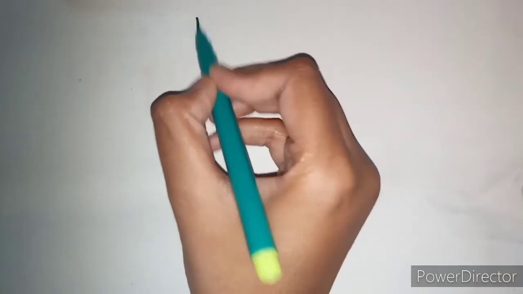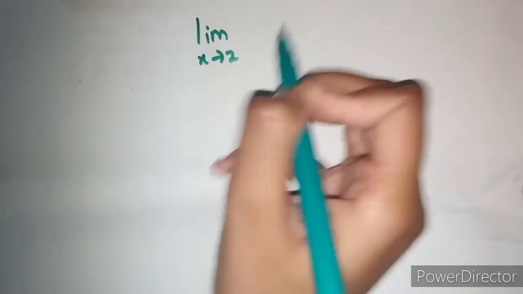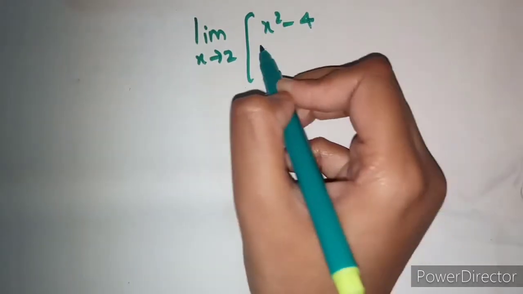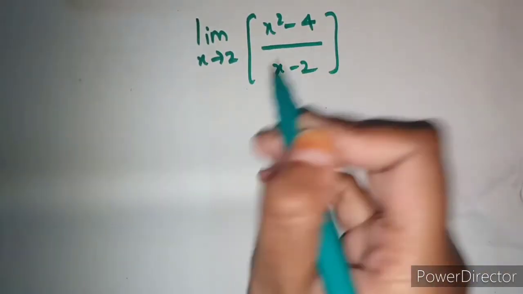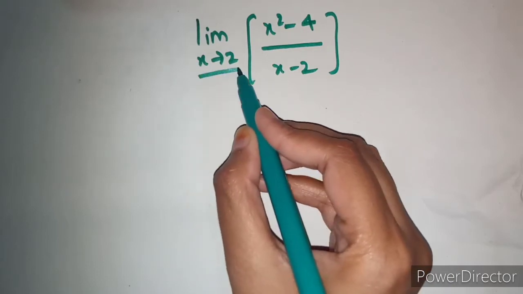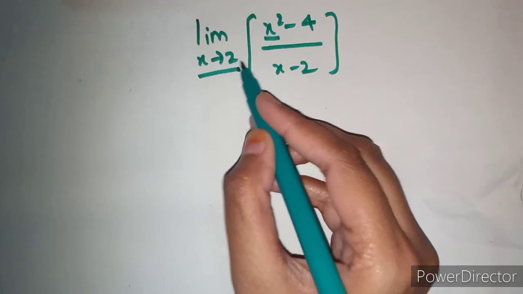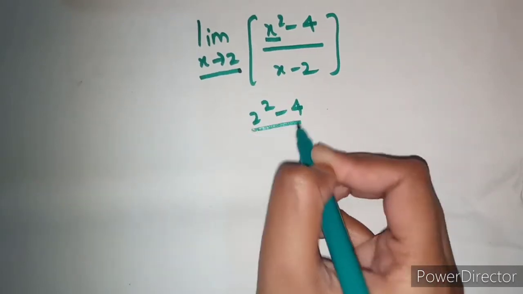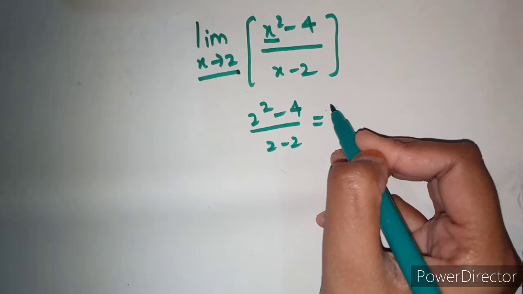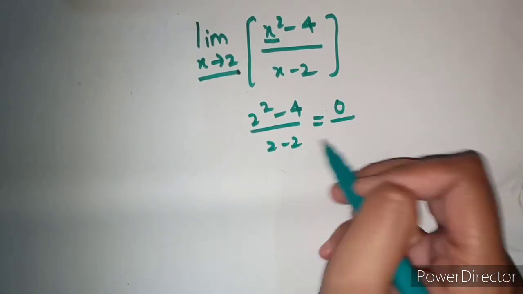So today we are going to discuss problems related to indeterminate forms. First of all, what do we mean by indeterminate forms? For example, if they have given a question of this form, limit x tends to 2, x square minus 4 upon x minus 2. Since in this problem x is tending to 2, in place of x we have to substitute 2, right? So 2 square minus 4 upon 2 minus 2. 2 square is 4, 4 minus 4 is 0, 2 minus 2 is 0.